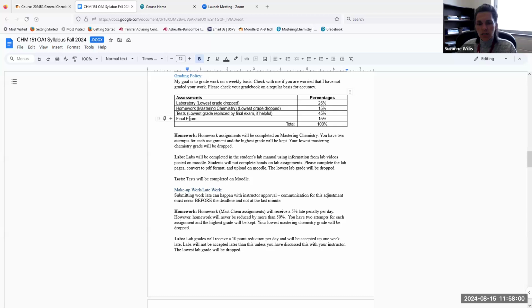However, the final exam at the end of the course that covers all of the material, it can replace your lowest test grade. So say you had a 70 on a test grade and that was your lowest test, and you made an 80 on the final, that 70 will be replaced with the 80. So that's kind of the breakdown of the course. These are the only types of assignments that will be graded: labs, homework, and tests. So let me run through these and kind of show you where to find them and how to use Moodle